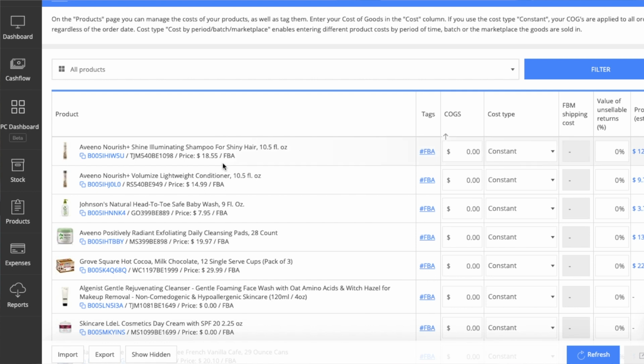Then you can see here, if you go to your products, you can see all your products. If I clicked this, it would take me to the Amazon page. This is why I make my SKUs the way I do, because right here you see TJM, that's TJ Maxx. I got it for $540 and my break even on it was $10.98. My price was $18, and so I would just put right here $540, and that is why I make the SKUs the way I do. But also why I love Sellerboard, because it's super easy to just input your cost of goods. I did it on my iPad this morning, just quickly entered all the costs of goods. So it's really easy and I really recommend it.